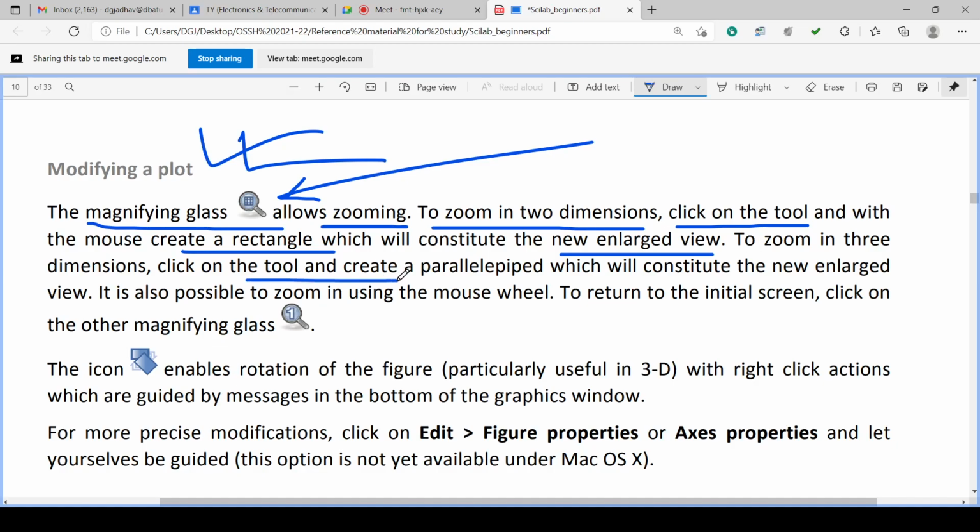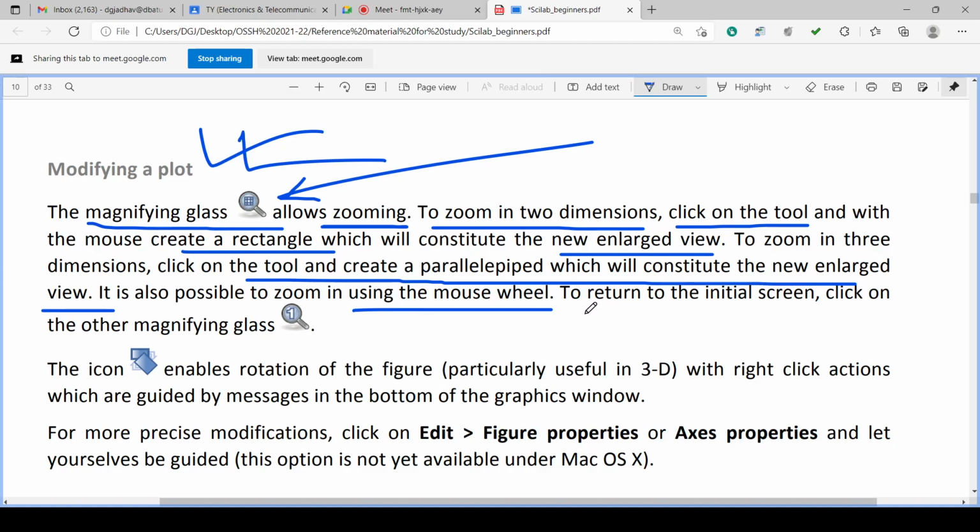To zoom in 3 dimensions, click on the tool and create a parallelepiped which will constitute a new enlarged view. It is also possible to zoom using the mouse wheel. As the mouse wheel is turned, it will go on zooming.